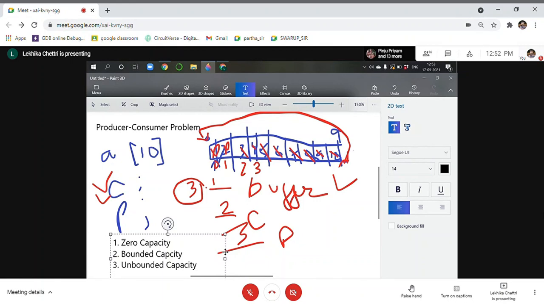What we try to say here is that the data structure you are choosing has infinite length, and it can store as many values as you can generate. For example, even if you choose an array, we consider it infinite here. Obviously, practically that's not possible. So we usually go for the bounded capacity buffer or the zero capacity buffer.